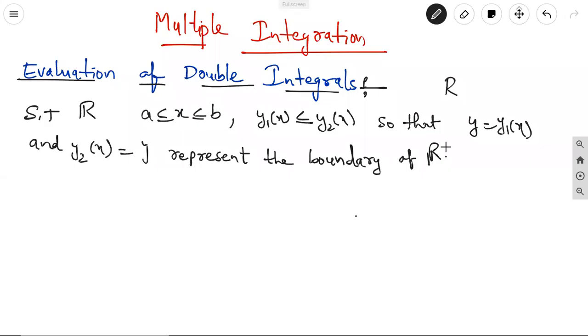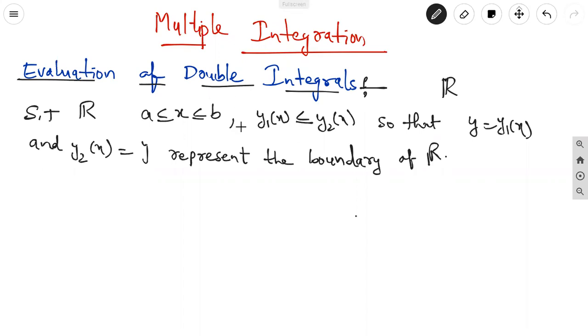Let us discuss a topic on multiple integration. In that, the first case, evaluation of the double integral. The evaluation of the double integral can be defined over the region capital R. R is the real number set. It may be evaluated by two successive integrations as follows. Double integration means two successive integrations.